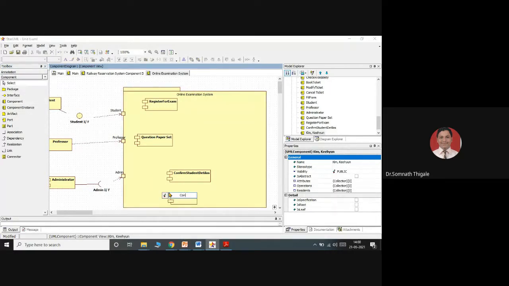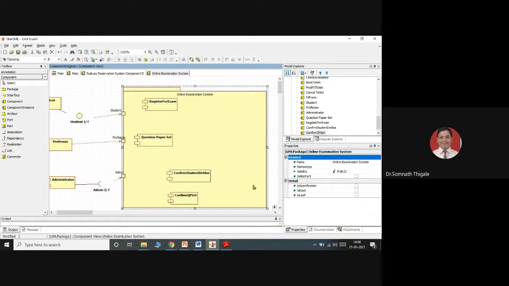We can say confirm question paper set. Confirm the question paper set submitted, whether it is CBCS or CGPA pattern, a 70 mark question paper or 80 mark question paper, or as per the old syllabus, a 100 mark question paper. All things will be confirmed by the administrators. So this will be associated.